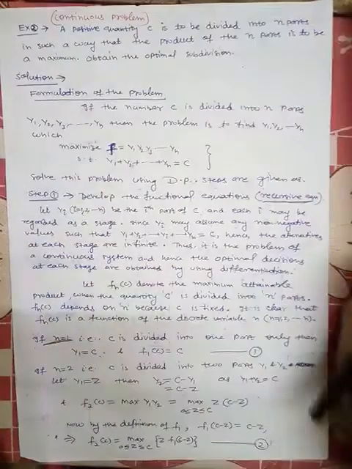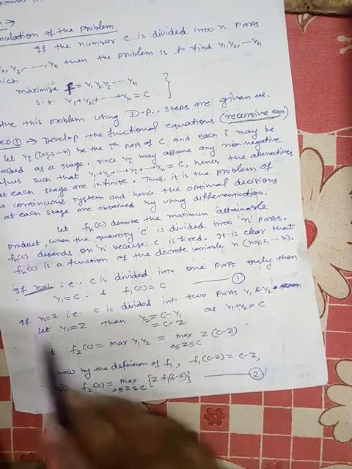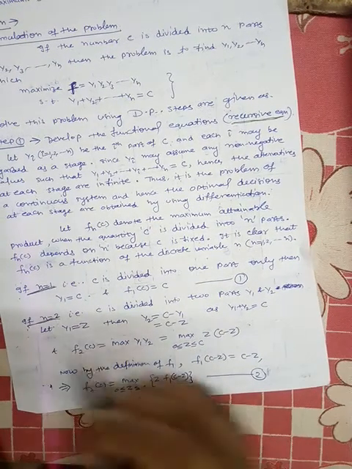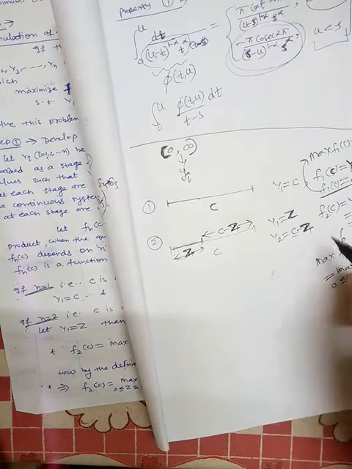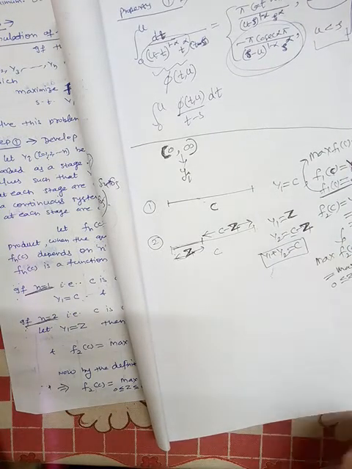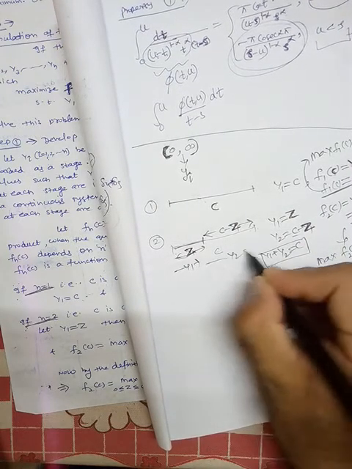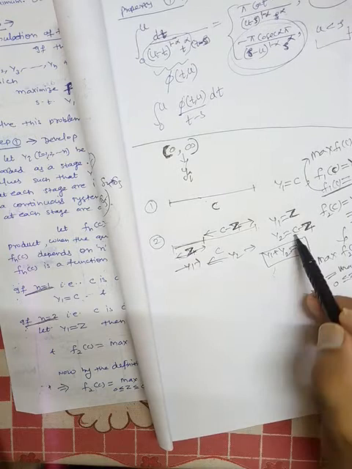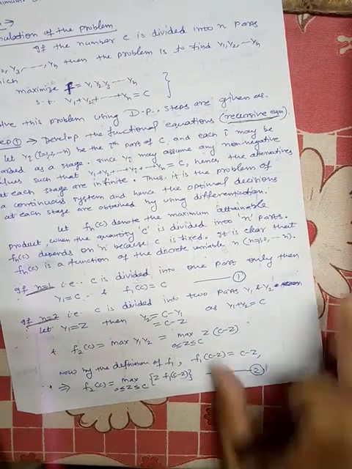So this is written here. When n is 1, we get this. When n is 2, we get this. Here we have one more thing: y1 plus y2 is C. This is y1, this is our y2, from here to here. So their sum is C. This is what is written here.